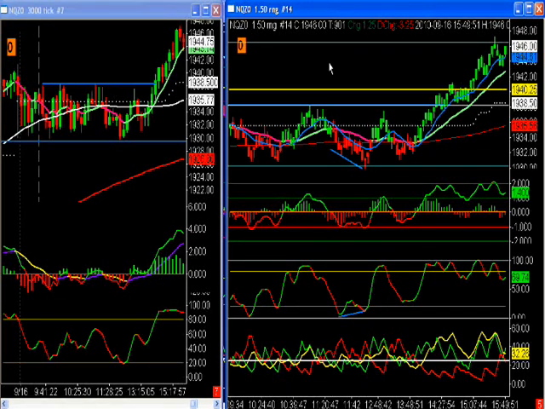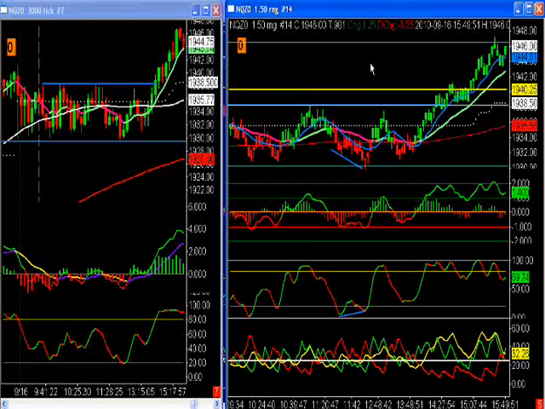You can exit 2/3 of your position out at your first target and manage it any way that you want. I'm just giving you a general idea. So on the NQ, I'm using a 3-point stop with a 2-point target, 4-point target, and then a third for a runner. In the environment that we've had over the last few weeks, you would be good to take the majority of your